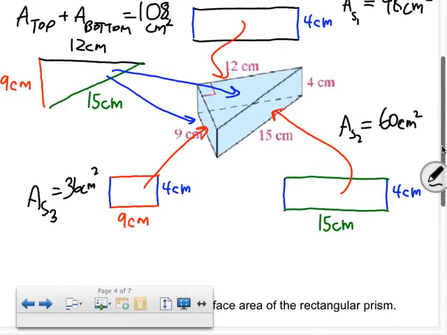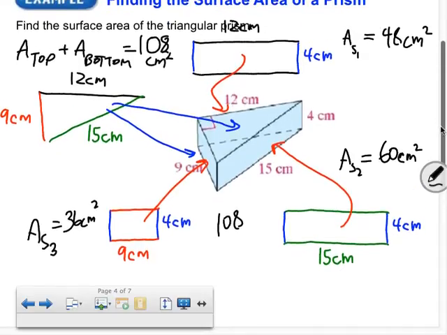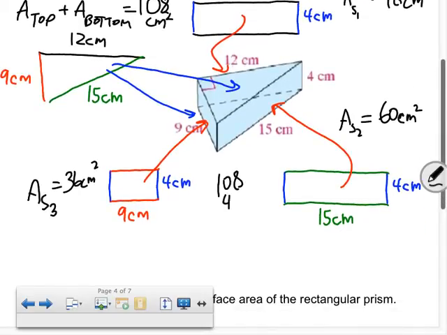We have the top and the bottom, which is 108. And then we've got the side that's 48 centimeters. Then we've got the side that's 60 centimeters. And then the side that's 36 centimeters. We're going to add all that up. They're the same units. 8 and 8 is 16, plus 6 more is